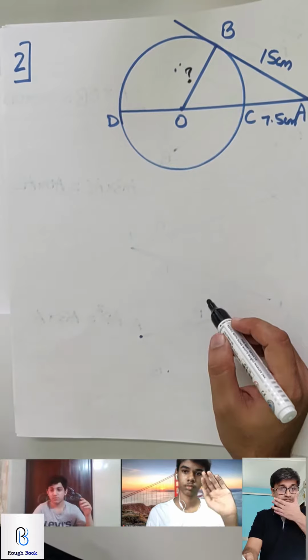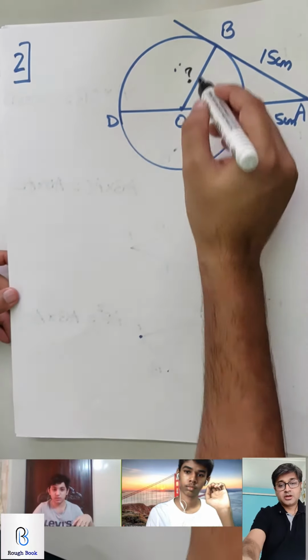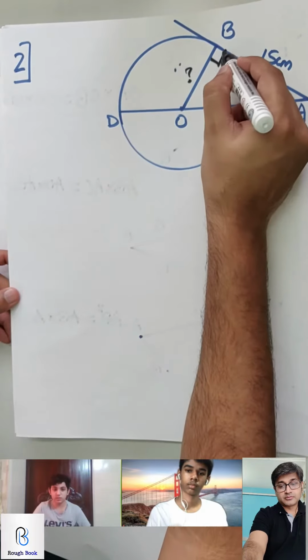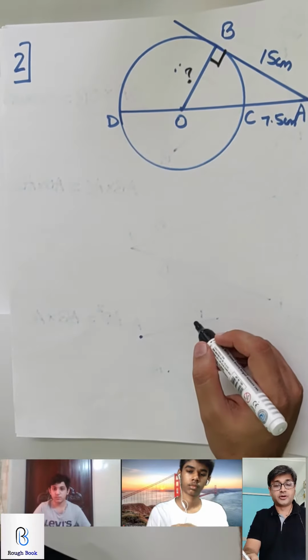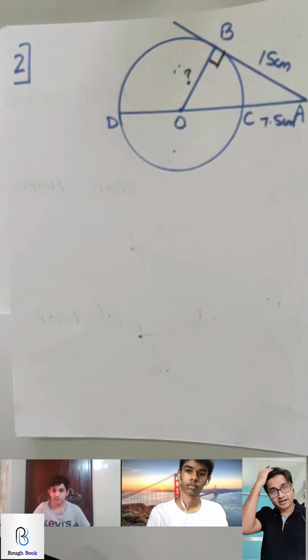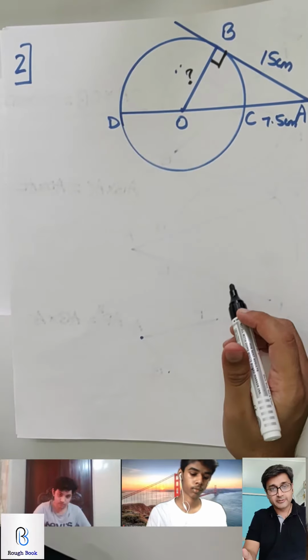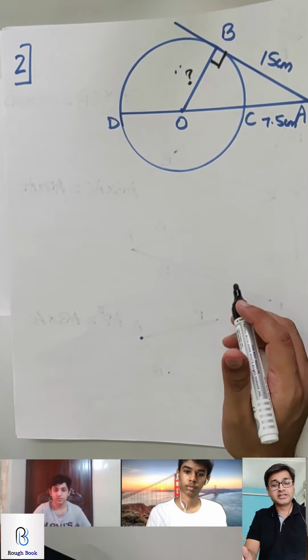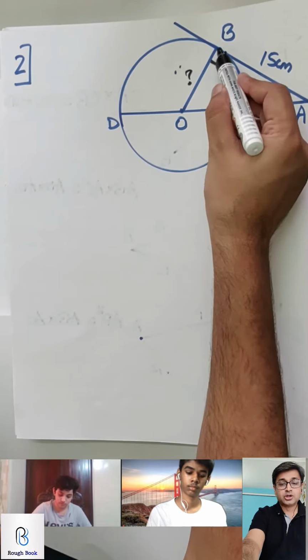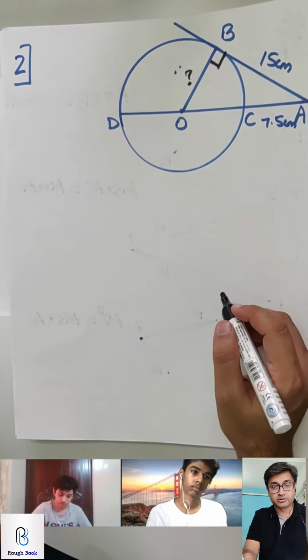Yes, Kainosh. Angle OBA is equal to 90 degrees because it's a tangent, property number 1. I don't expect you to know it right now itself, so I'll just state the property so that all of us can learn it well. The property is: a tangent drawn at any point on the circle is perpendicular to the radius through that point. Alright, so this is 90. Good pickup. How will you take it forward from here?